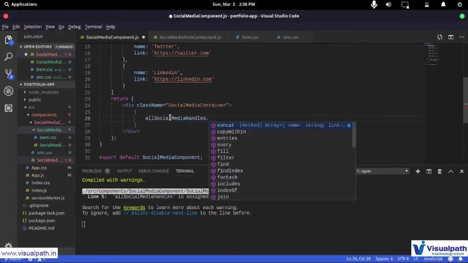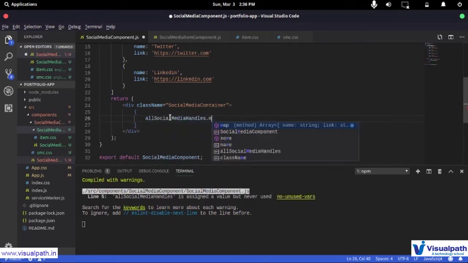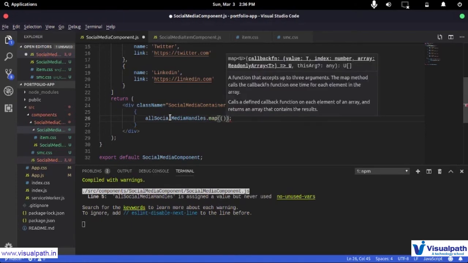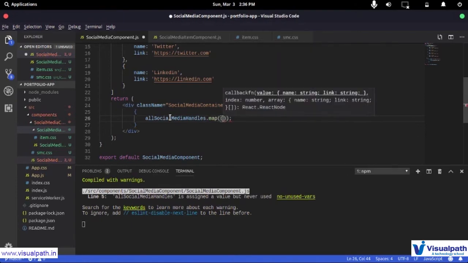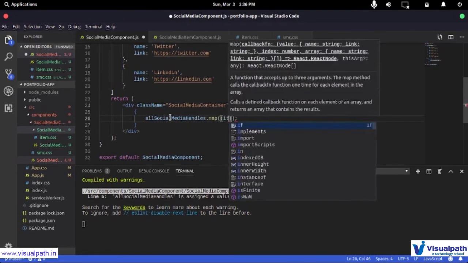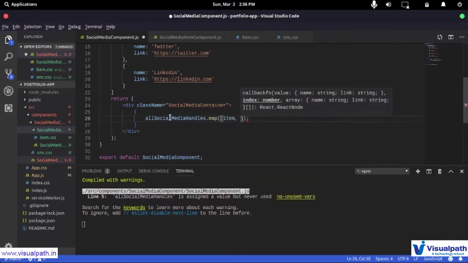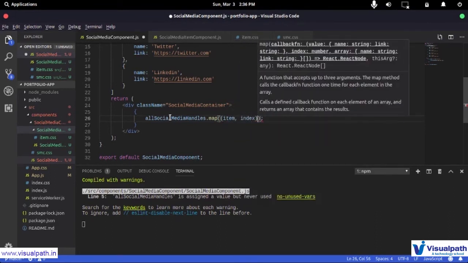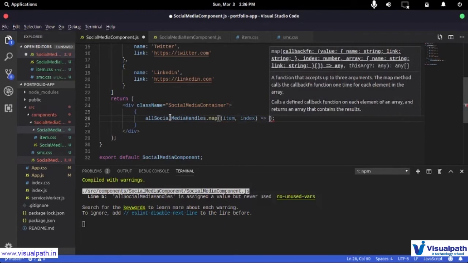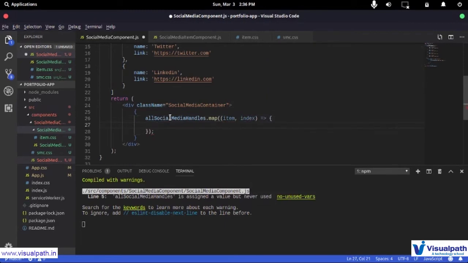Now this is an array, and I can map over all the elements of this array using map. If you already know how map works, then it takes in a function, and that is a callback function. It's going to call on every single element you pass into this. It gives you the item that is on the current thing, and it gives you an index. Then it can return anything.